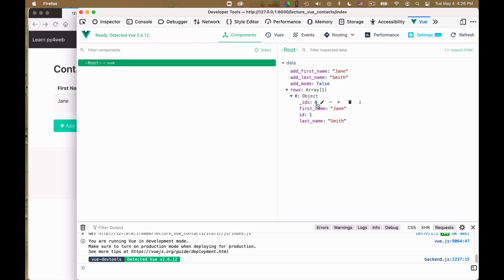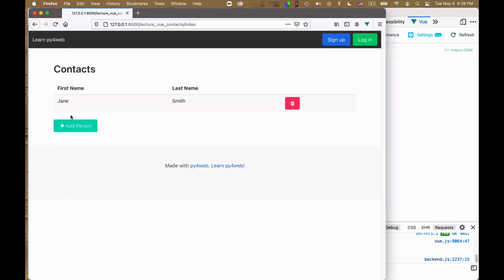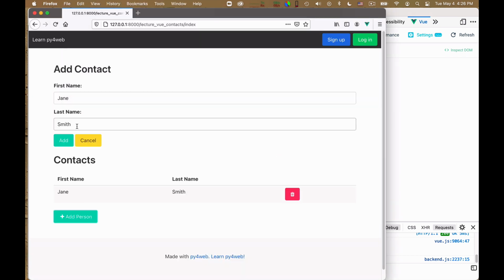It has index 0 because this is an object in 0th position. You see underscore index tells you the position in the array. The first name is Jane, the ID is 1, the last name is Smith. So everything seems to have worked.